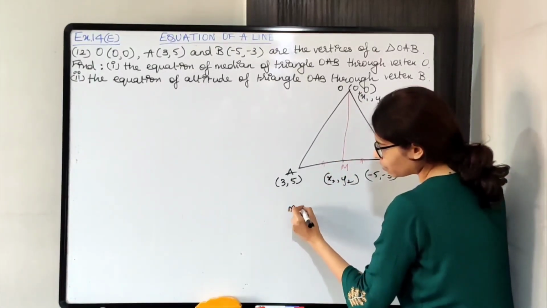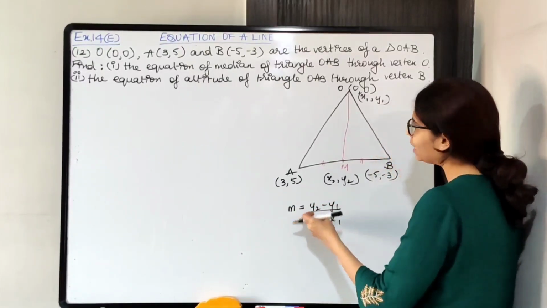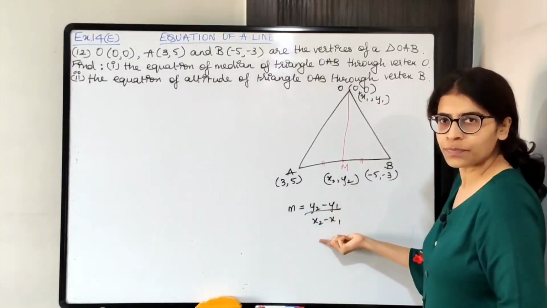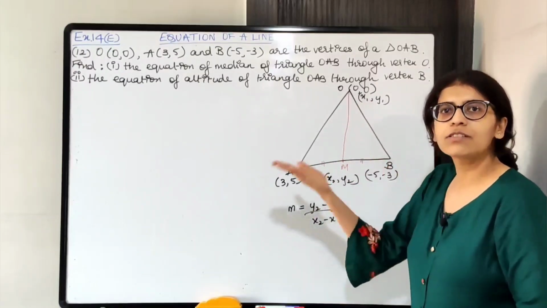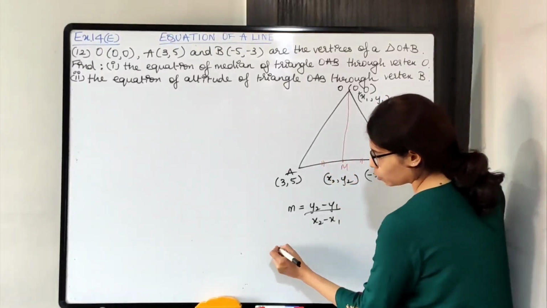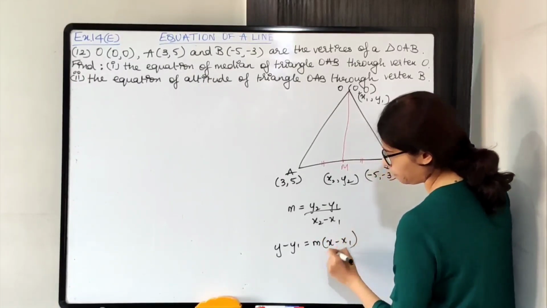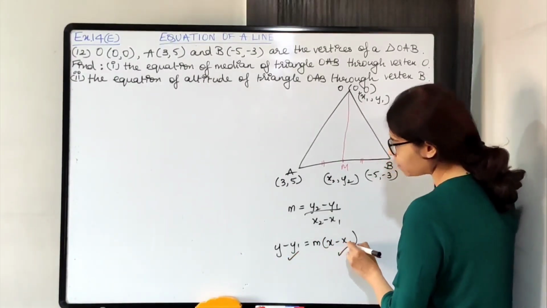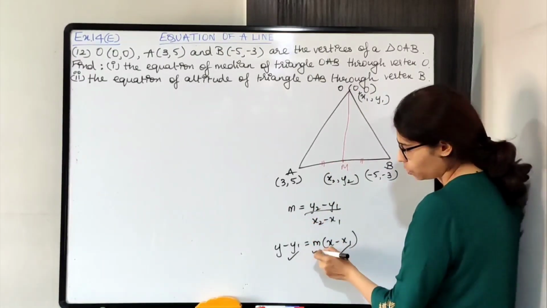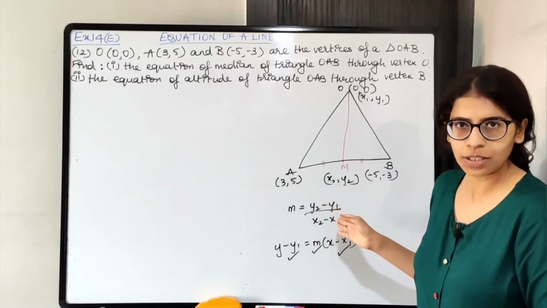Using the formula y2 minus y1 upon x2 minus x1, I'll get the slope of OM. है ना. Put the values of x1, y1, x2, y2 and you will get the slope of OM. Once you get the slope and you have x1, y1, m and x1, y1 है, so you can easily find out the equation of the line OM. Put the values of x1, y1 which is 0, 0. Put the value of m that you will get, okay. So putting the values you will get the equation of line OM, that is median, okay.